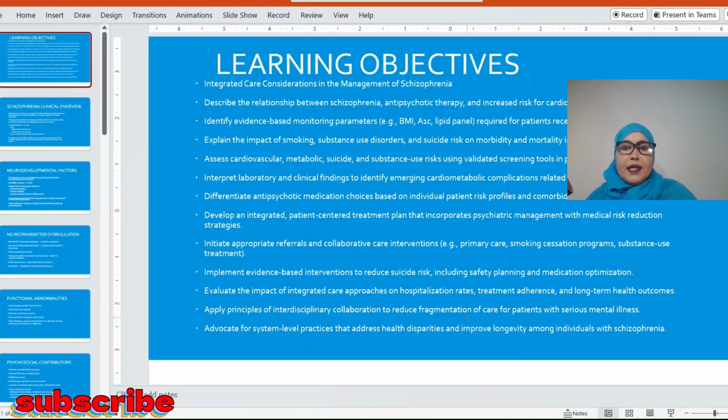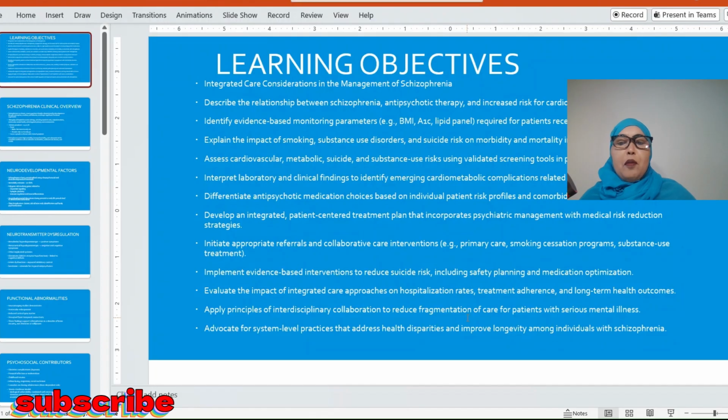identify the evidence-based monitoring parameters like weight, diabetes, liver and lipid panels. I will go over the labs required for the patient to receive an antipsychotic medication, identify the evidence-based monitoring. I will explain the impact of smoking, substance use disorder, and suicidal risk to monitor,